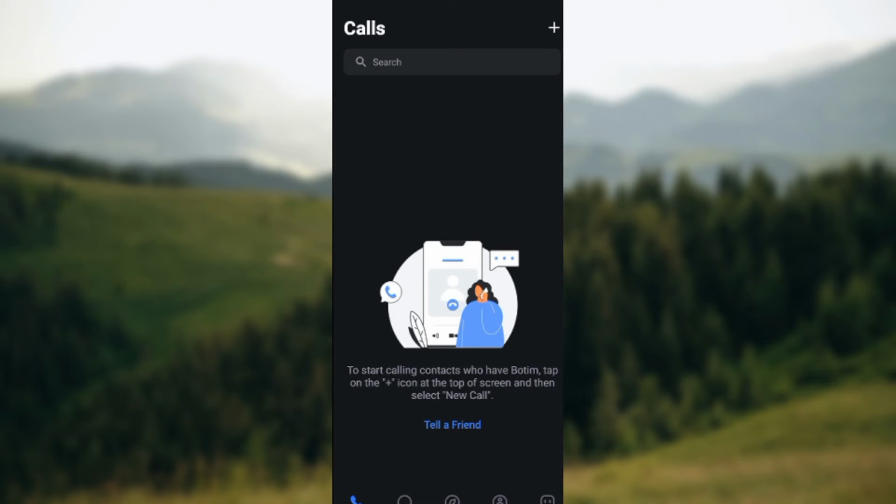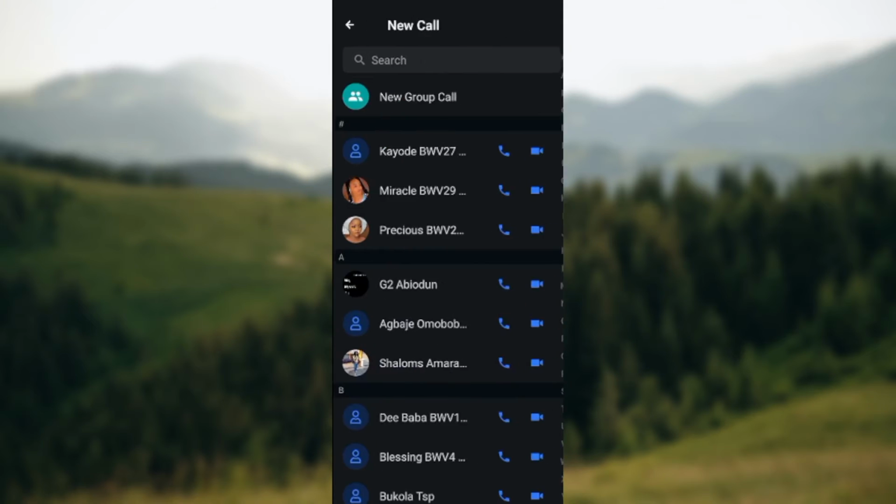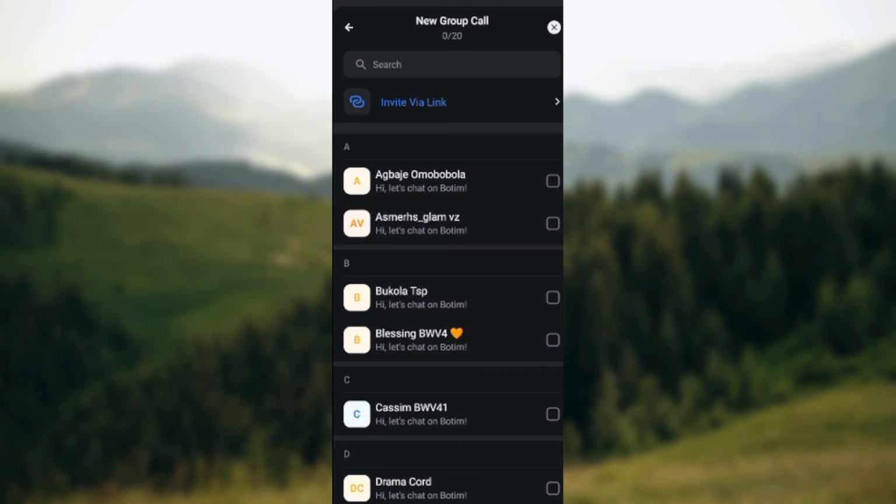Once you're on this interface, the next thing for you to do is to click on the plus icon by the top right corner of the screen. Once you click on the plus icon, a box will be displayed asking you new call or scan QR code. Click on new call, and then you'll see new group call, the first option here. Just click on it, and then you can decide to invite them via a link by clicking on invite via